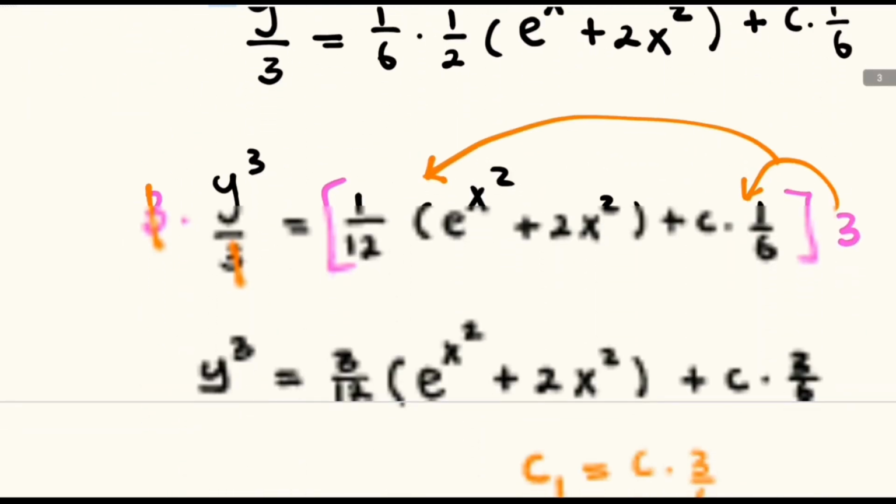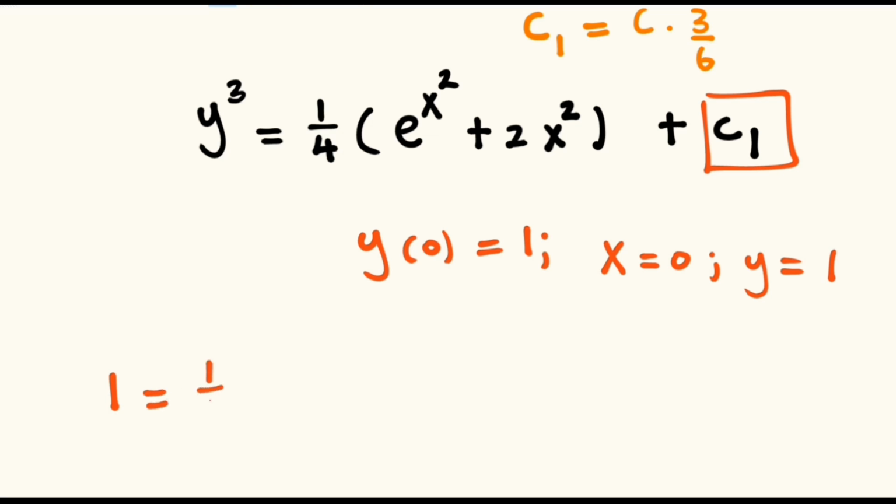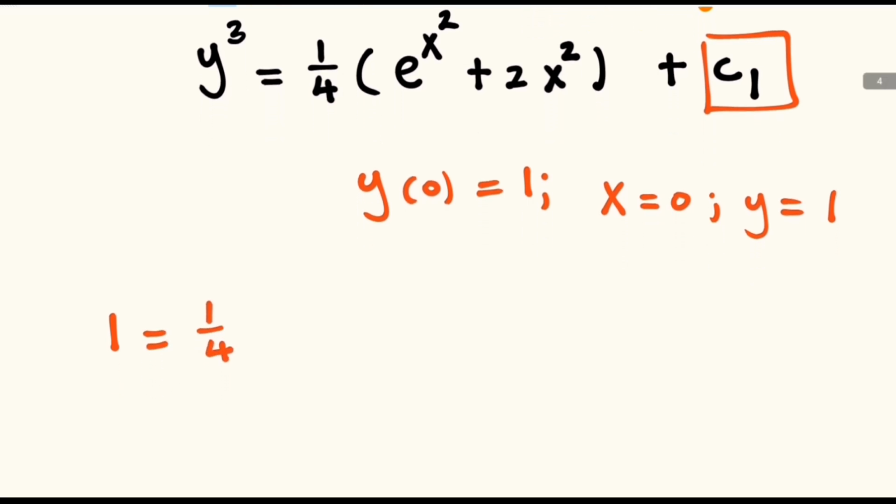y of 0 is equal to 1. That is to say, when x is equal to 0, then y is equal to 1. In place of y, we substitute 1, and this will be equal to 1 over 4 into e raised to the power, in place of x we substitute 0, and 0 squared will be 0, plus 2 multiplied by 0 squared, plus c1,